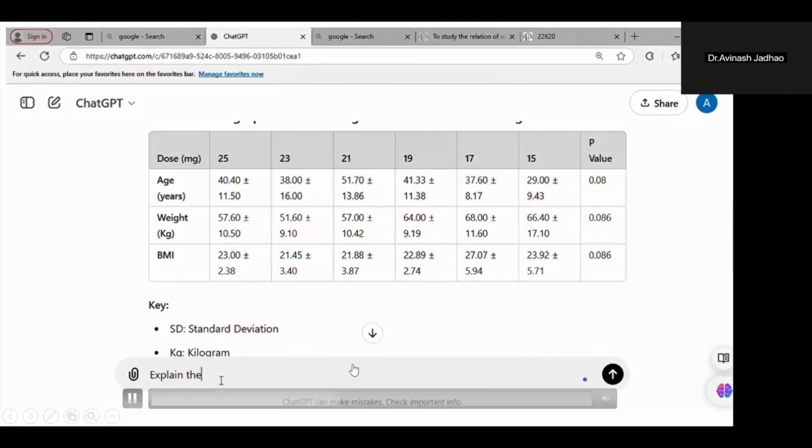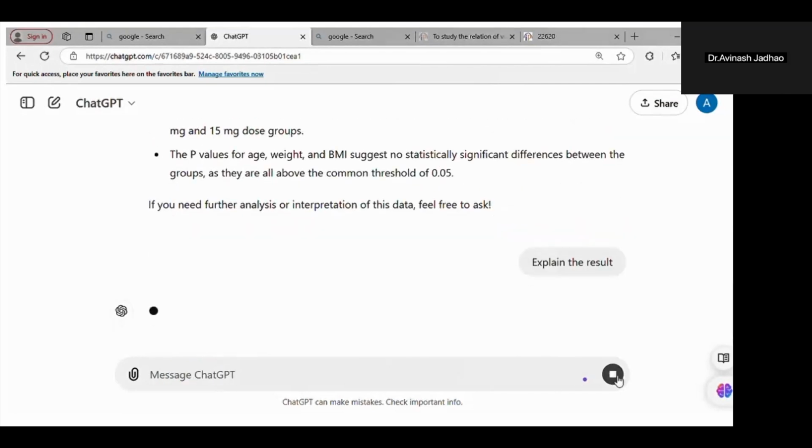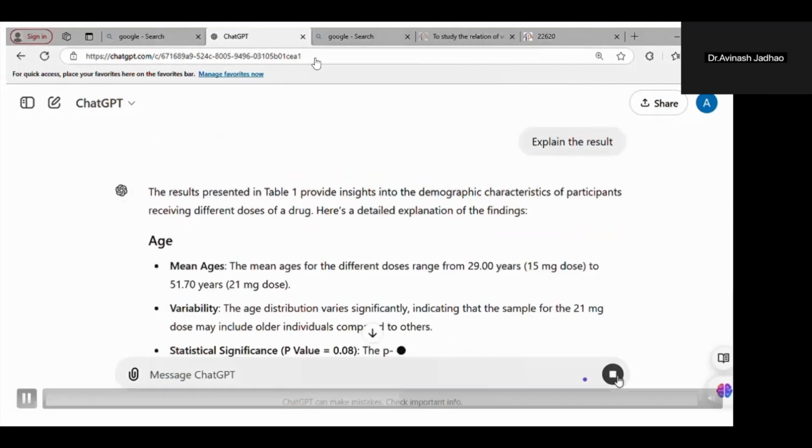Explain demographic data or explain the result. ChatGPT will explain in detail.